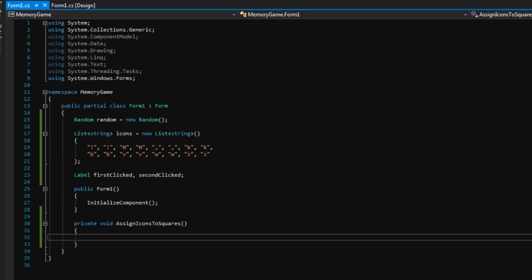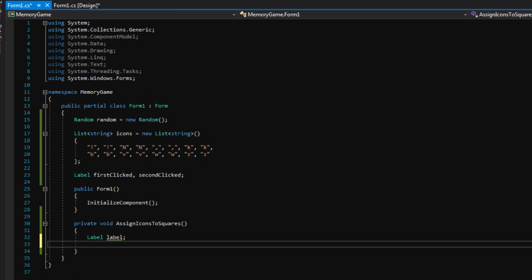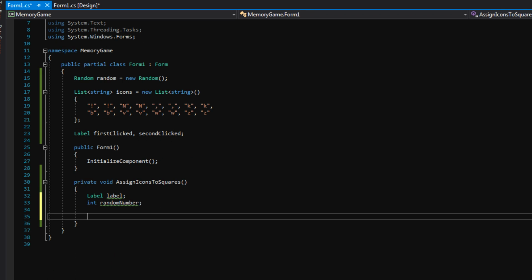First, let's make some local variables. We'll make a label. We will just use this to store whatever label we're currently looking at, so we have easy access to it. And then we will make an integer called random number. And this will be the random index into our list we wrote earlier. So whatever random number is set to is the random image that we're going to assign to this label we're looking at. And I'm going to say for int i equals 0,